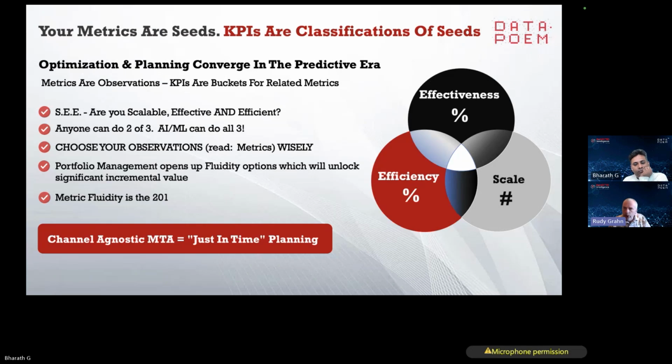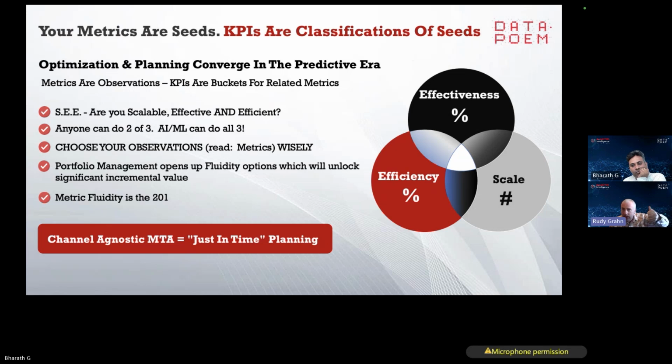But the growth in AI and the advances in data engineering and in the way machine learning can be brought to bear here has caused, I think, a fundamental change in the way marketers should be seeing the process of planning and optimization. Specific to your question, I really bristle when I hear people use the phrase KPI and the word metric as if they're interchangeable things, because they're really not. In my opinion, there are really only 3 key performance indicators in marketing. There are some side cases, but 99% of the time, the key performance indicators that a marketer has are effectiveness, efficiency,